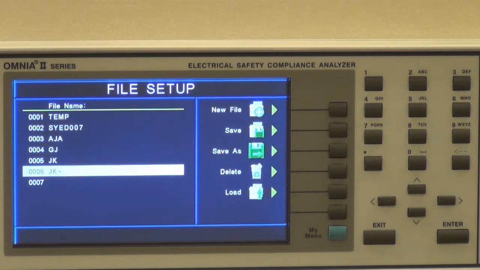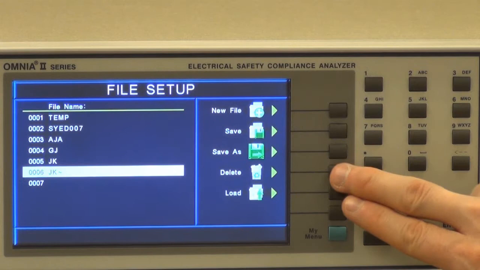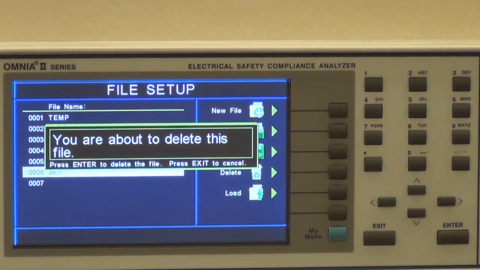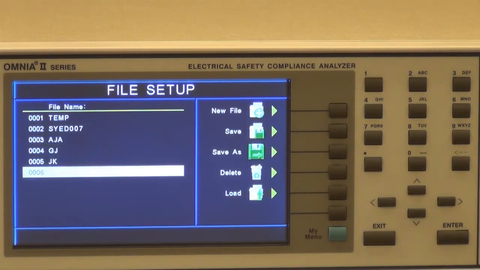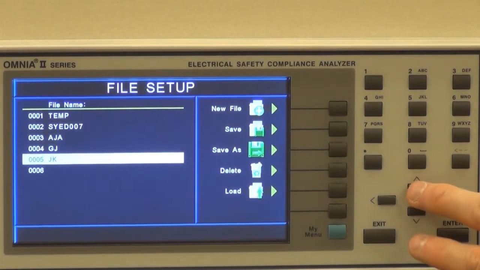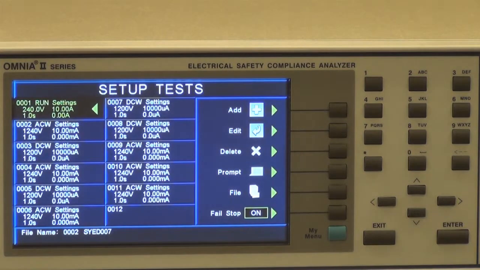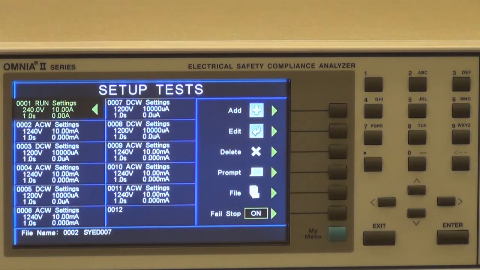If you wish to delete a file, use the arrow keys to select the file you wish to delete and simply hit the Delete soft key. It will ask you if you're sure you want to delete. Press Exit to cancel or not delete the file, and Enter to delete the file. To load a file, simply use the arrow keys to select the file you wish to load and press the Load soft key. This will automatically take you to the Setup Test screen, showing you all the tests you currently